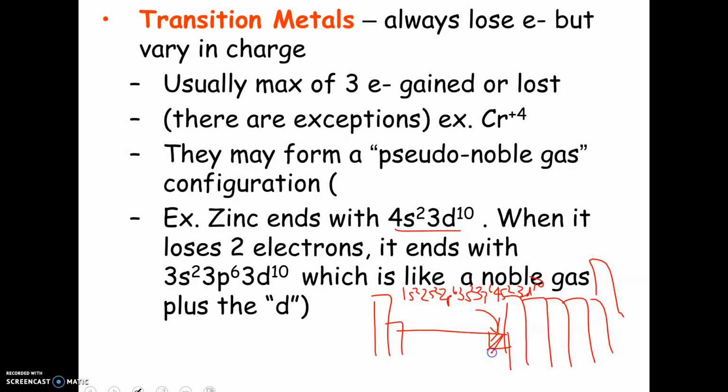Now here's the thing. What is it going to lose? It's actually going to lose 4s2, 2 valence electrons. So it would have almost the exact same electron configuration as the noble gas before it, except it has the 3d10. So they call it a pseudo noble gas configuration because it's just like the noble gas, but it also has